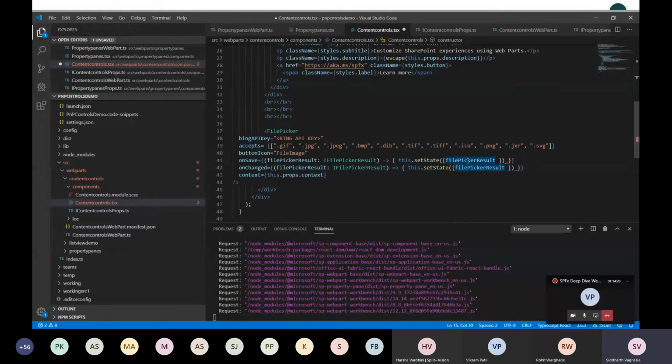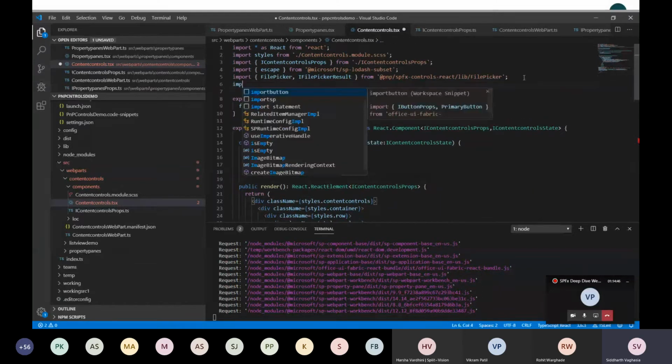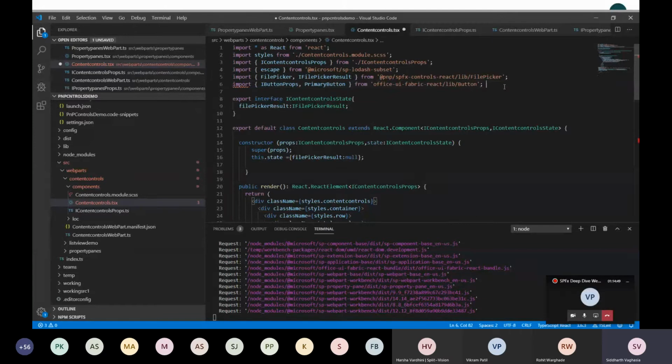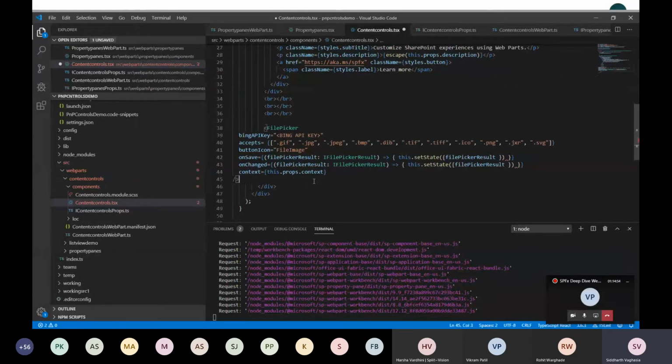Then let's do one thing. Once it is selected, what it does is it returns us a JSON object, right? The JSON object can be used to give you the URL of the selected file, the file name, and the file name without extension. To do that, we will add a button, and on click of the button, let us just display an alert of what file the user has selected, right? So I will add a button here.